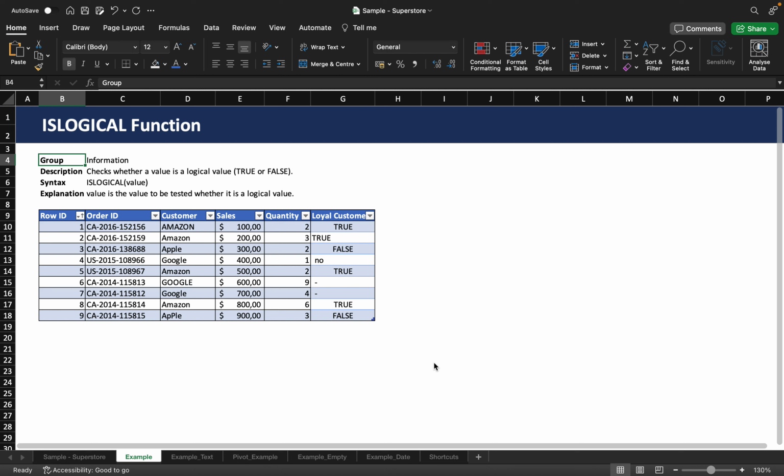Today I want to explore how to use this logical function. This logical function in Excel is used to determine if a cell contains a logical value, true or false. It returns true if the cell contains a logical value and false otherwise. This function is useful for data verification, analysis and conditional formatting, especially when working with logical operations and decision-making processes